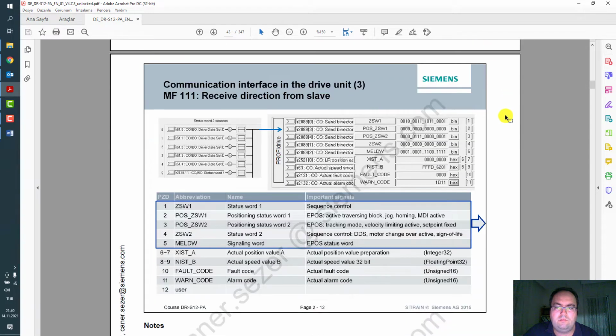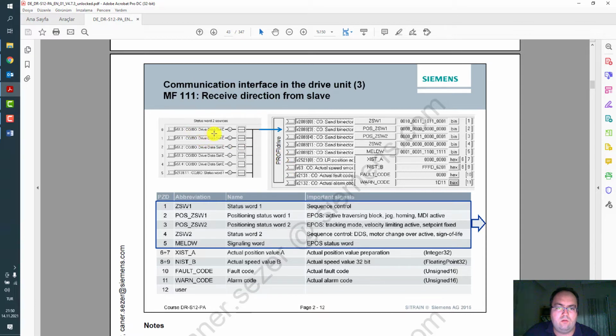And next page we will see a picture related to the receive direction from slave. That means status word 1, positioning status word 1 and 2, status word 2, and so on.